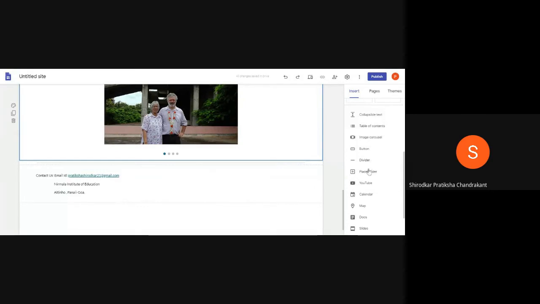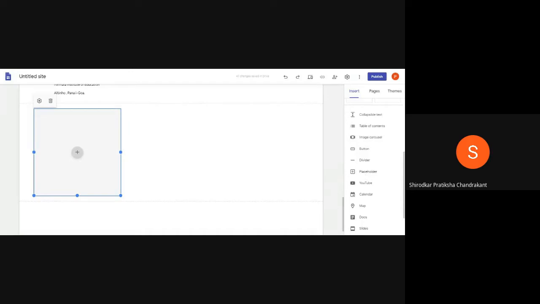Now, below that is a placeholder option. When you click on the placeholder option, it will again create one more section wherein you can add anything. Basically, when you click on that plus sign, it will take you to a drop down option with various choices. You can upload an image, you can select an image, you can insert anything in your drive associated with the site you are making. You can add a YouTube video. You can also add a calendar for that particular day, which will get updated every day. So if you have any meetings on that day, they will be displayed here.